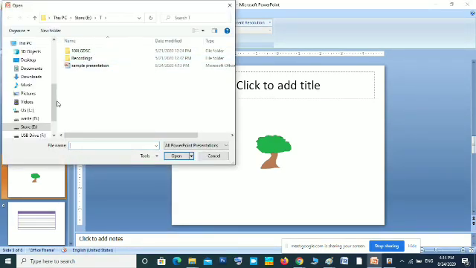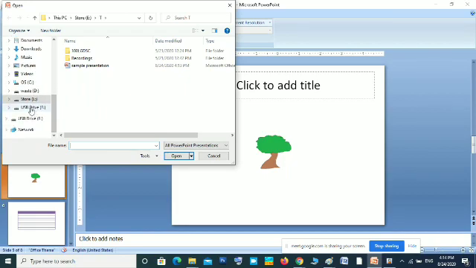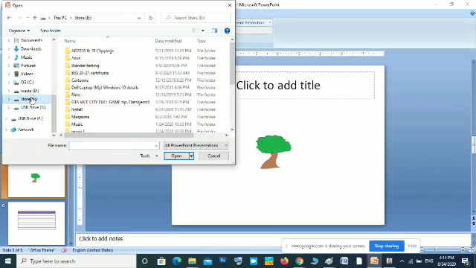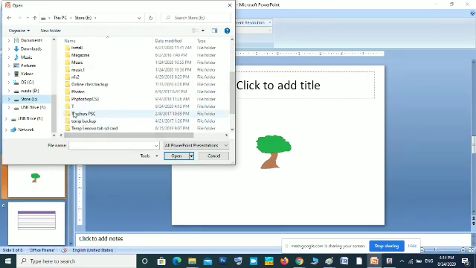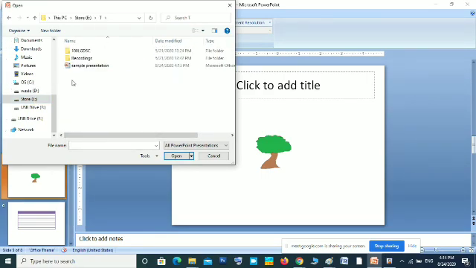Now you have to find the saved location, which is the E drive. In the E drive the folder is T. Just open that T folder. Now you can see the file sample presentation. This way you will be able to open that file.